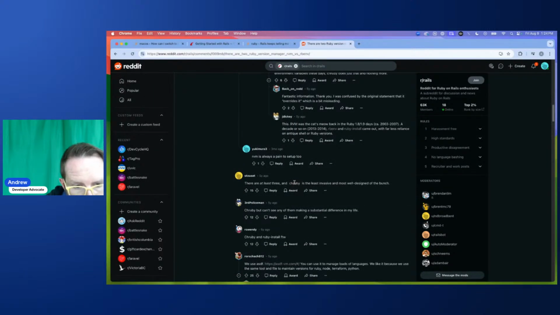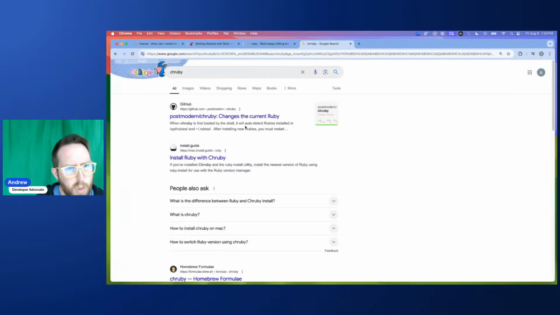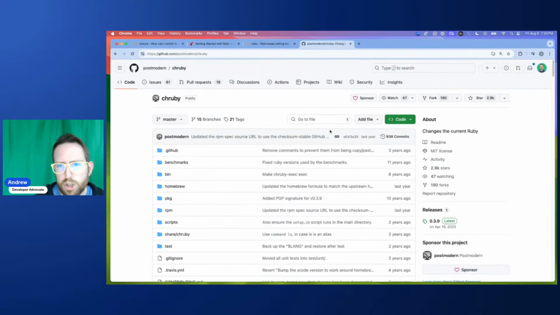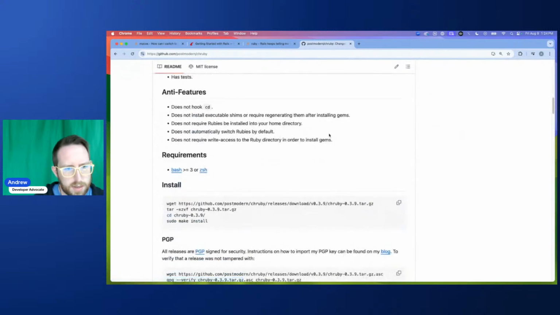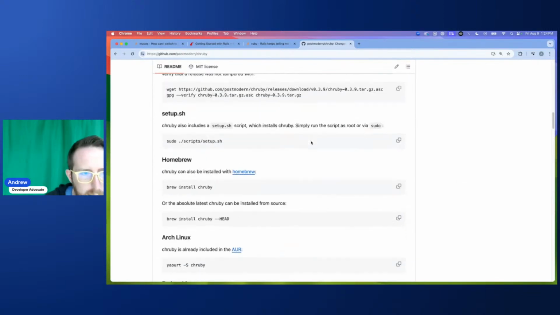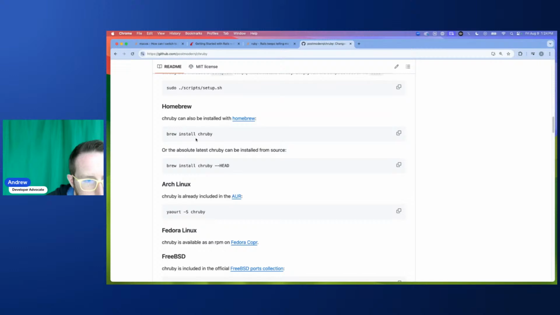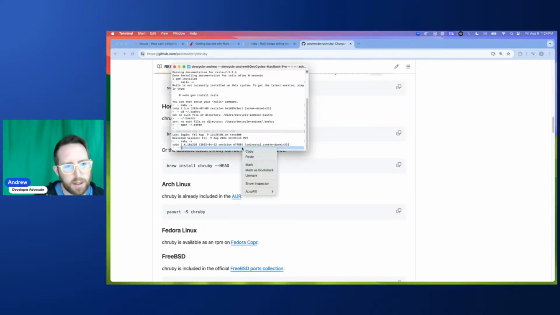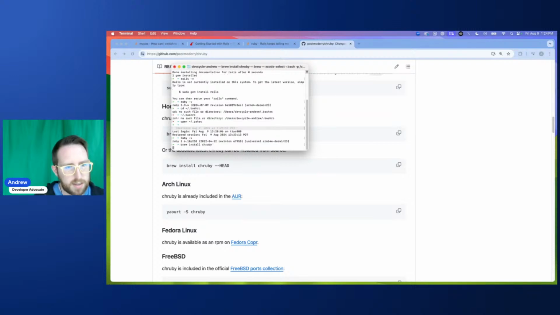Okay. chruby. All right, let's see what this does. Changes the current Ruby. All right, how do I use this? Install there, make install, chruby, PGP, setup. chruby also includes a setup script, call chruby, Homebrew. Okay, or the absolute latest. Okay, let's do this. Let's install. Woo, we're doing all the things, people. Paste. All right, let's install the